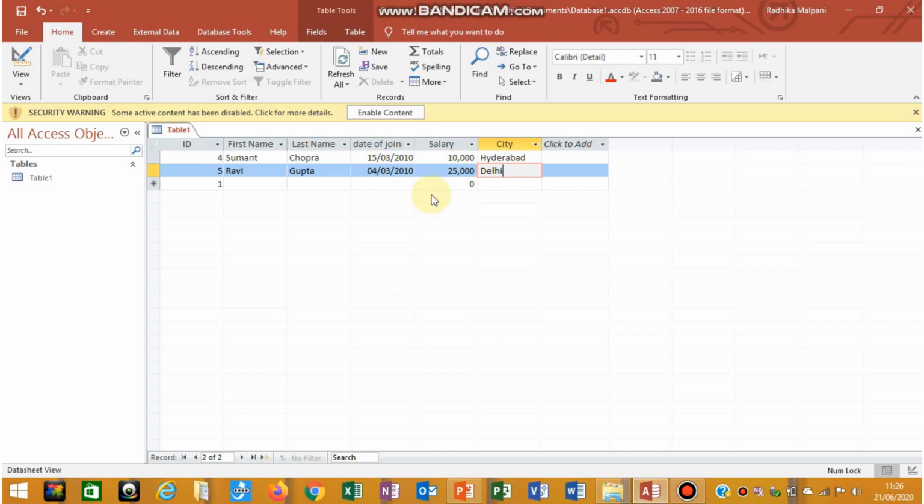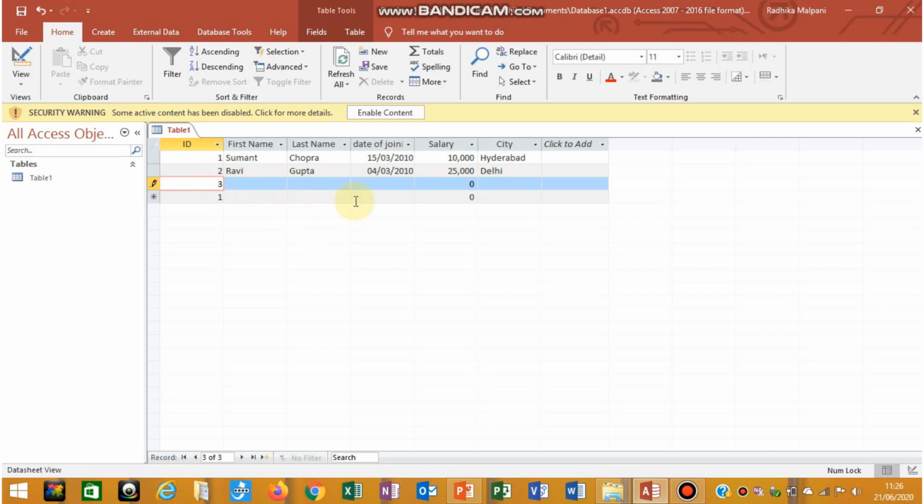So in this way you can add new columns, and you can edit any of the details that you have already entered using the Design View. This ID you can change now as 1, since, before making that City column, I have shown you how to change the default value of ID. So you can change it as 1, 2, then next you can make it 3. In this way you can add new columns in your table.